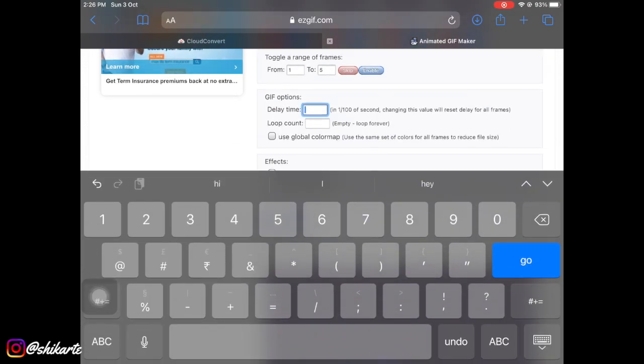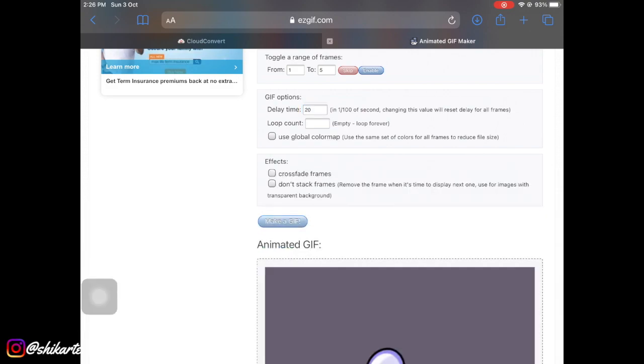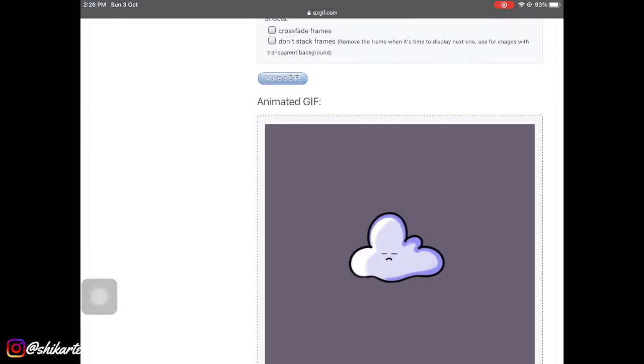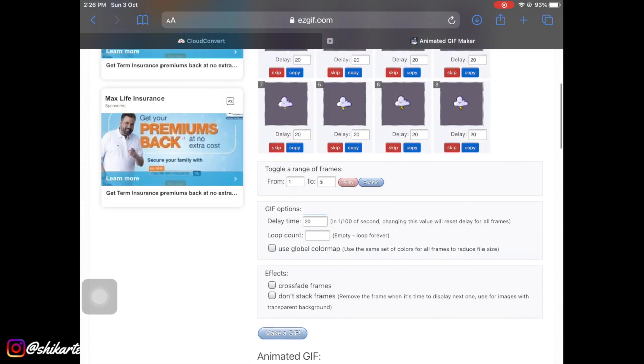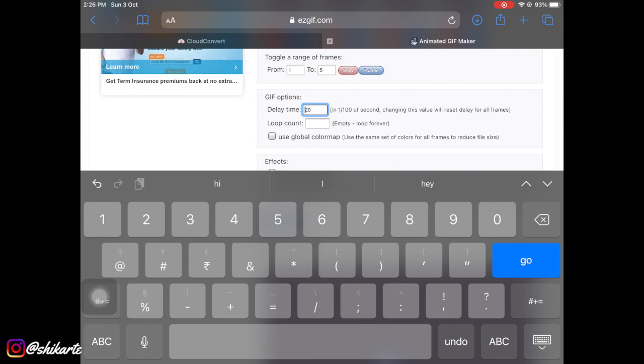It is looking so cute, and that's how that video timeline thing helped us in creating different frames. So yeah, I actually went ahead and increased the number because it was really fast, so I wanted to slow this down. So you can just play around with that delay time. Other than that, you don't really have to worry about any other setting right here.